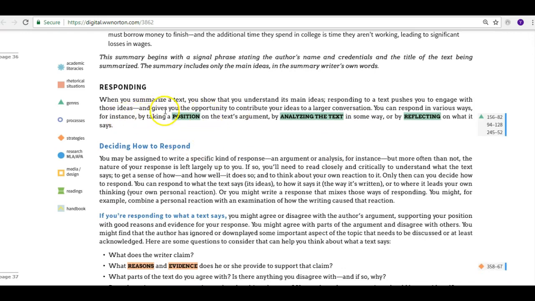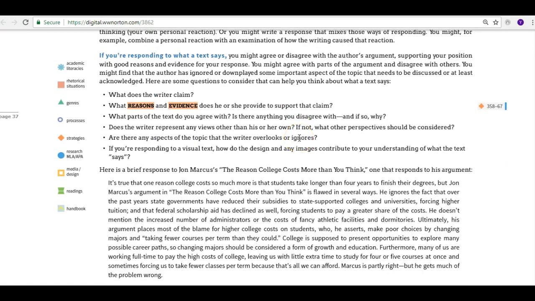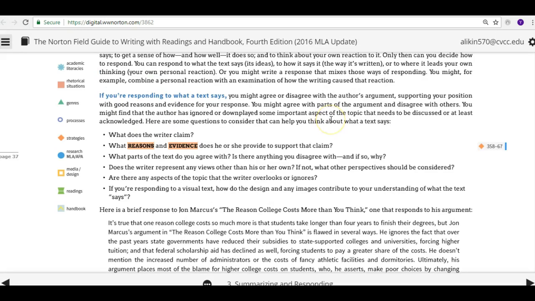So your textbook goes over how to respond. There are a few different ways, just sort of tried and true. You can respond explicitly if you're responding to what a text says. Now, you can agree or disagree with the author's argument, but really what you want to focus on here is, if you do use that phrasing, you want to say, "I agree that the reasons that are given in the analysis,"